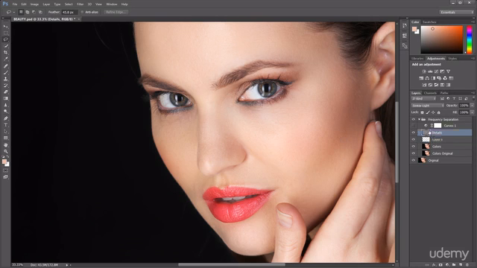As you know, on the high frequency layer, which is called details right now, exists the texture of the image. So when we paint below this layer, when we paint on this layer which is created between here, we can change the colors, we can fix the colors we want. However, we do not affect the texture which exists over here. So it's a very good